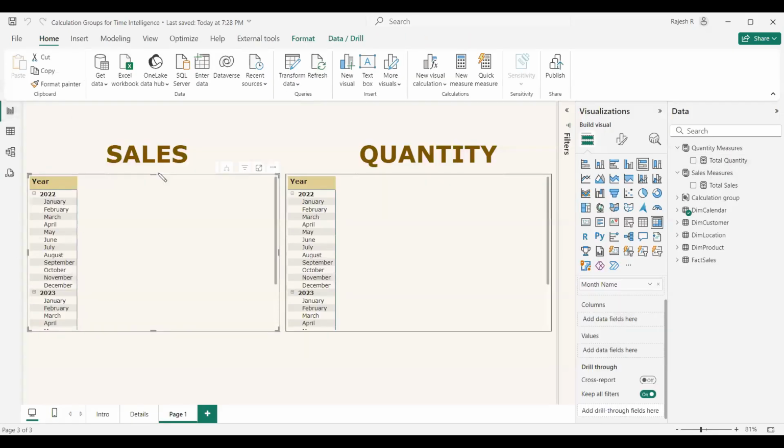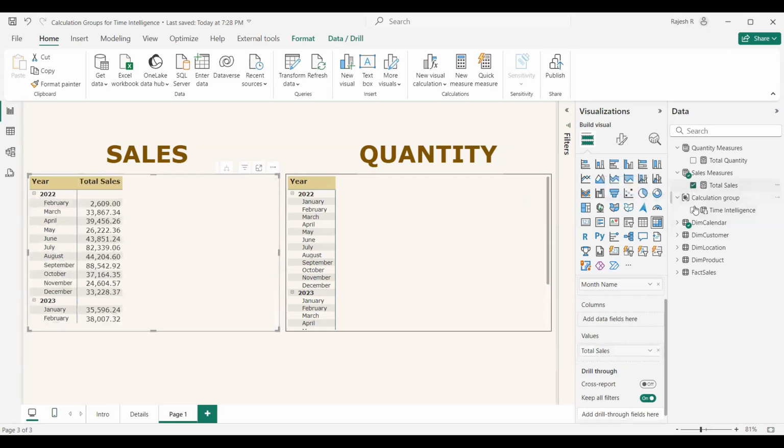Now here in this model we have seen there is a small difference here. One more table got added, that is calculation group. And if you open this calculation group, you will have that group name called time intelligence, which we just now created. So nothing much about description is shown here. That is one good thing, because instead of making this data column a mess, everything has been encapsulated inside the time intelligence group. So now for the sales, we need to select the total sales,